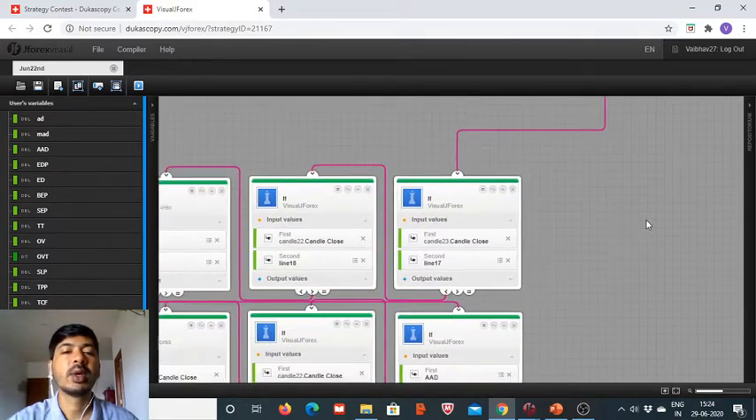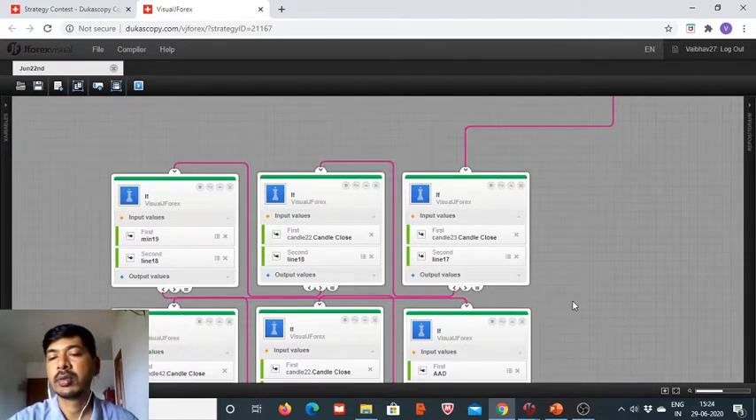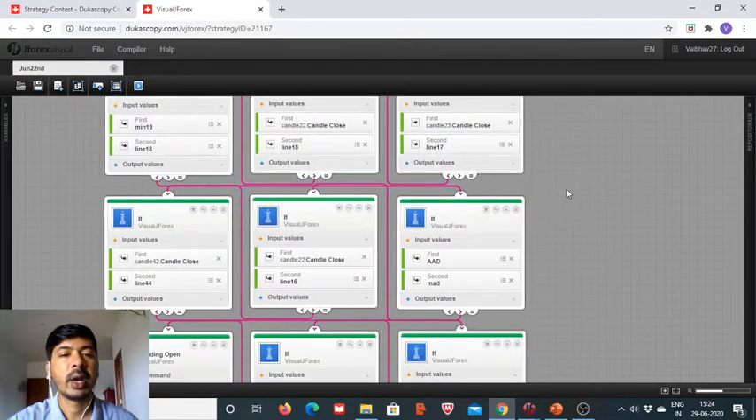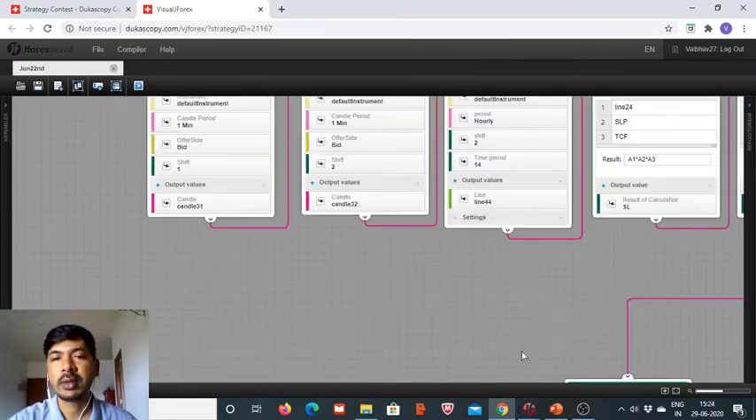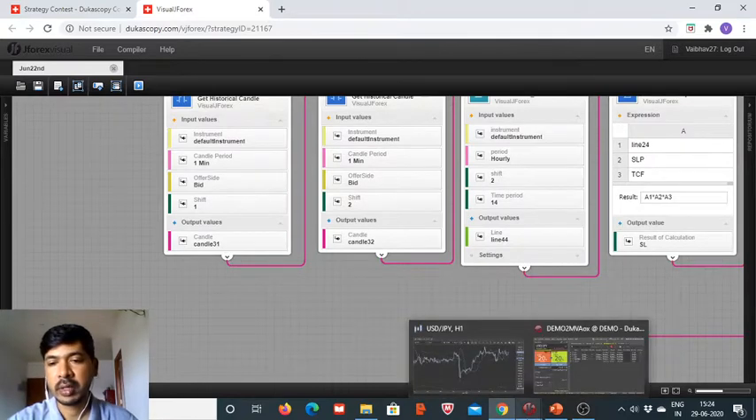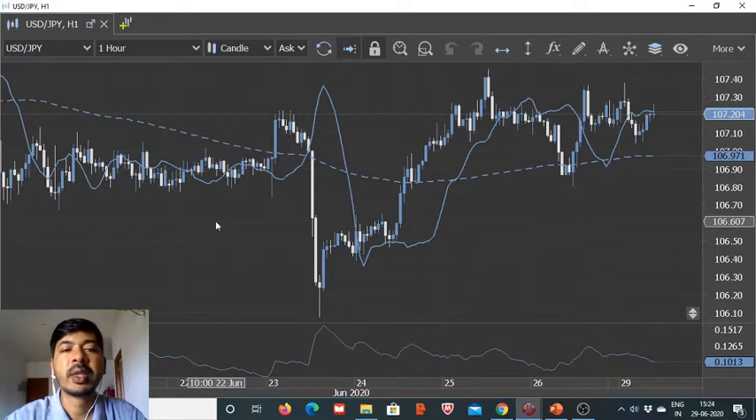So it is going to be a symmetrical setup. All the conditions which we have on the buy side are going to be inverted to reflect the sell side requirements. So here, for the sell trade to happen, we need the last hourly candle close to be below the